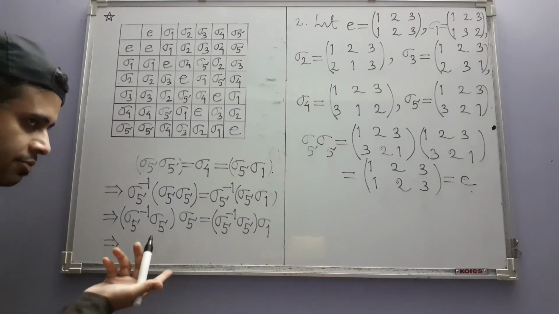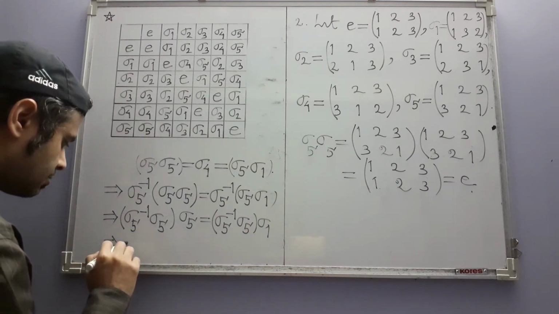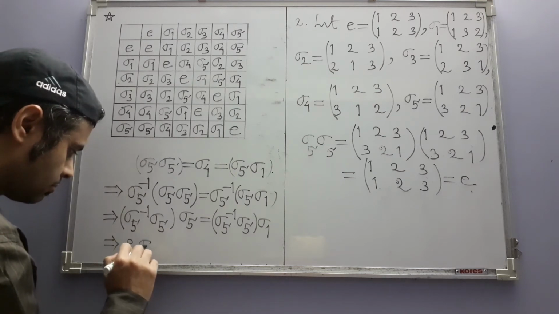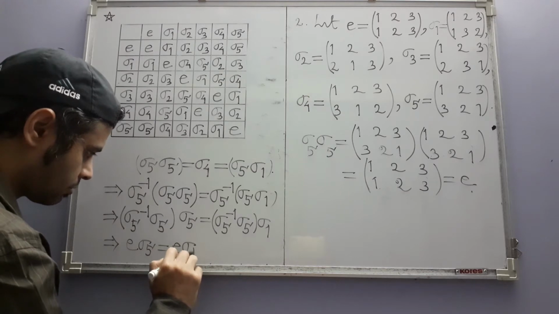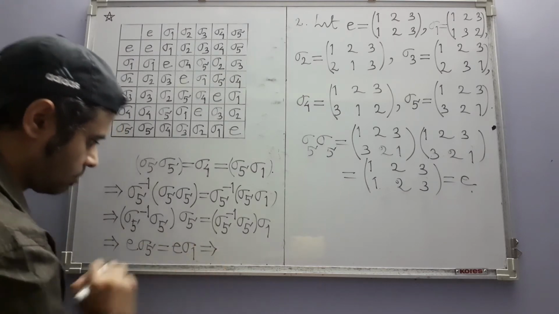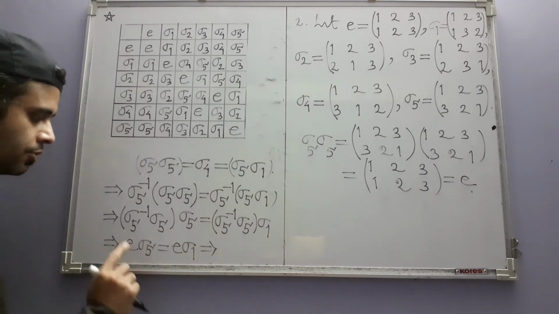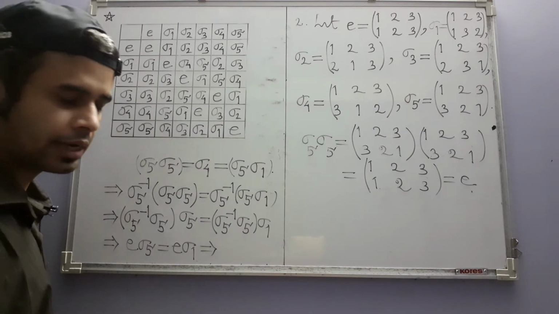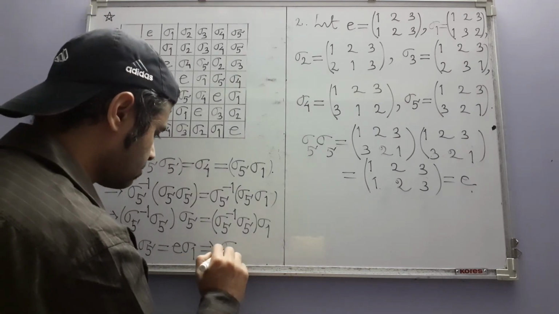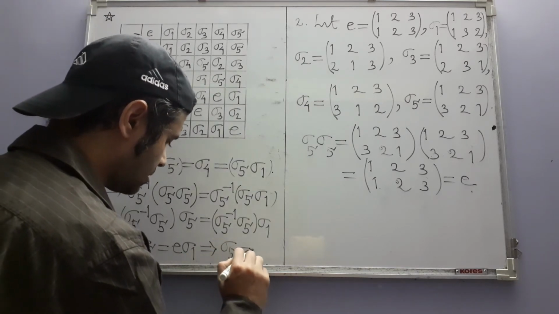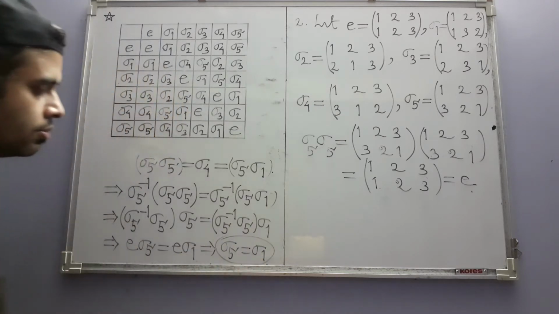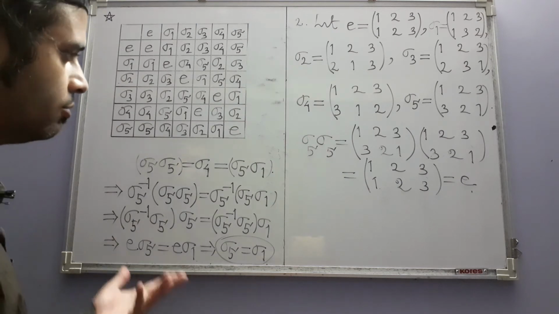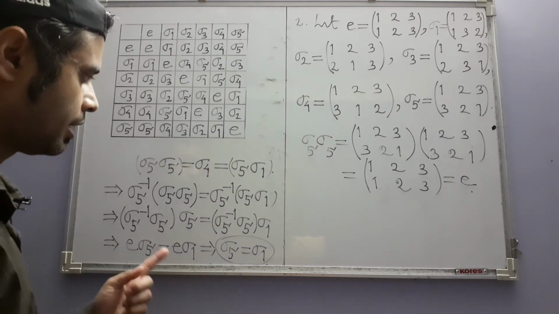And this by the definition of inverses is E. And this by the property of identity element. The first one is sigma 5 and the second one is sigma 1, and this is a contradiction. This is not true. Sigma 5 and sigma 1 are two different elements. So that is why